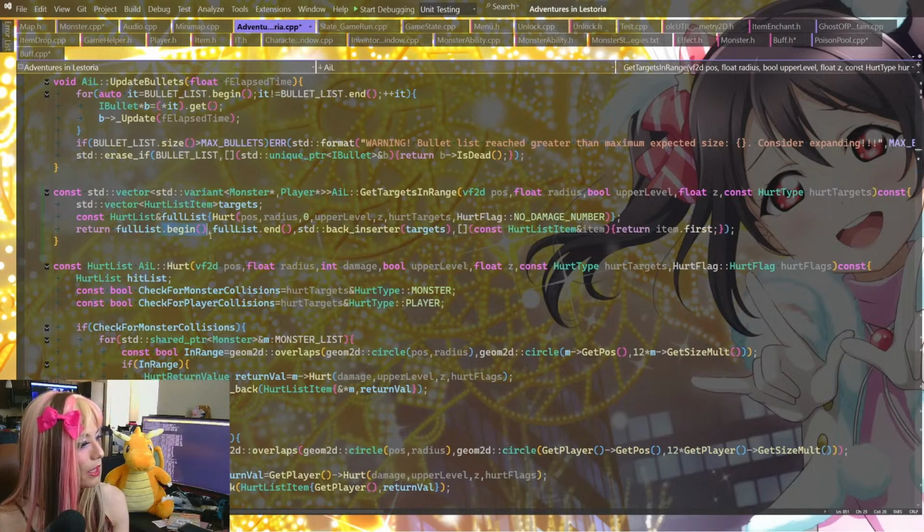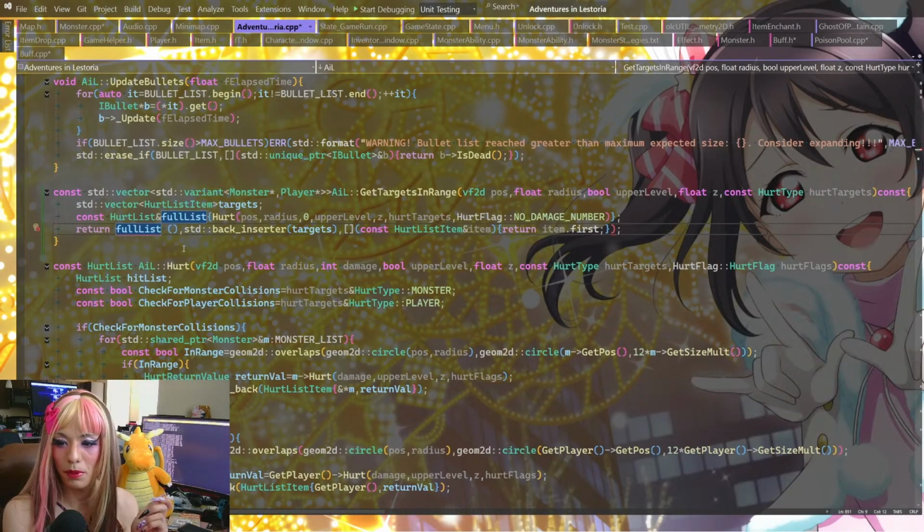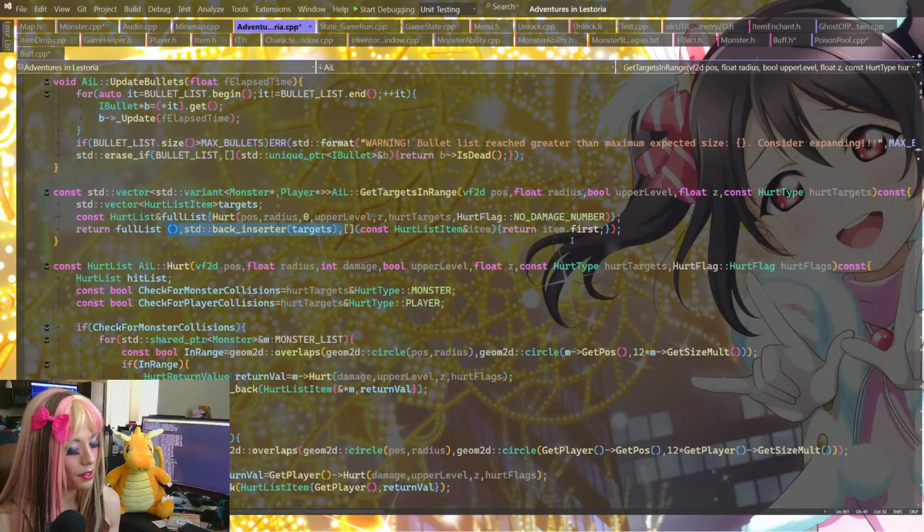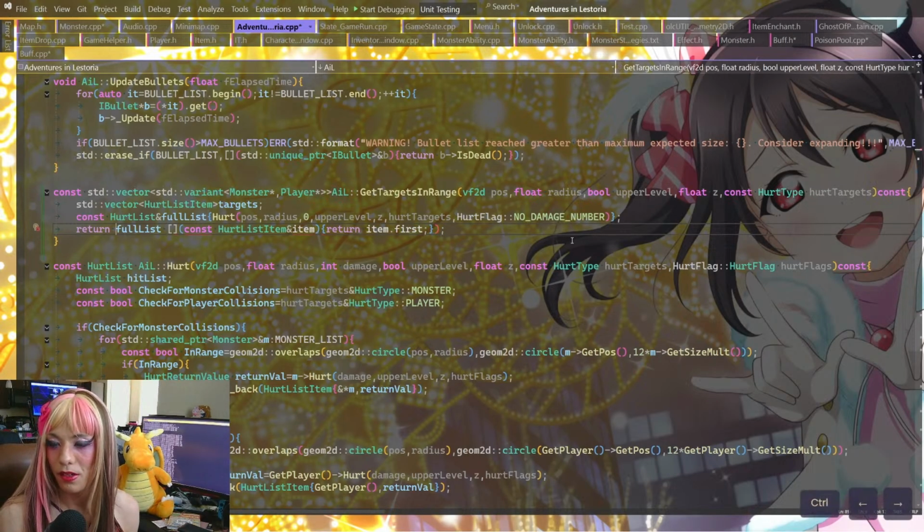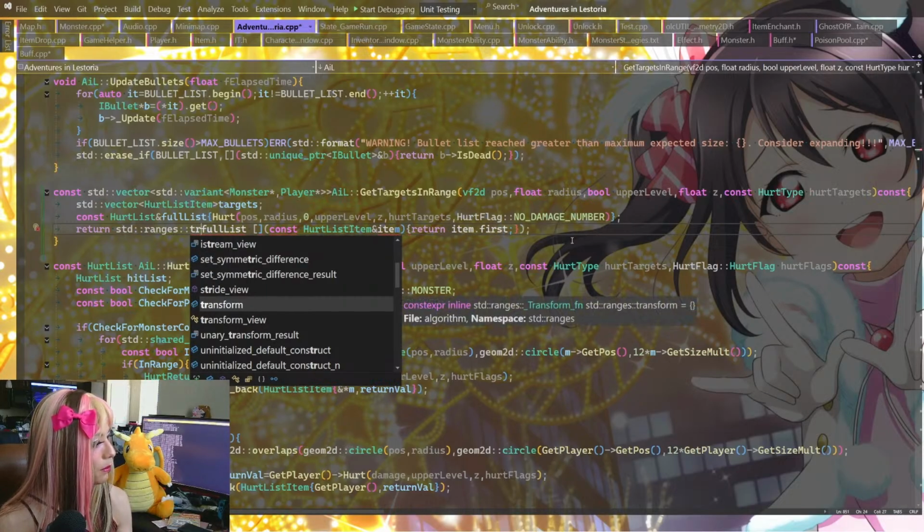This is something I found just from looking at how to use C++ ranges and views. I just wanted to get a better understanding, so I want to see if we can implement it this way. If we have full list here, we want to do a transform view, because this isn't really a filter view. This is like take every element and do something with it. So it's going to be standard ranges transform,